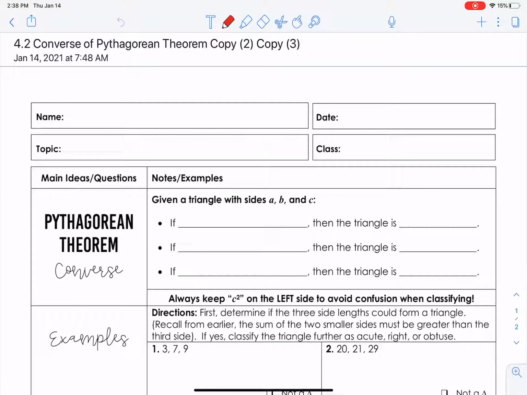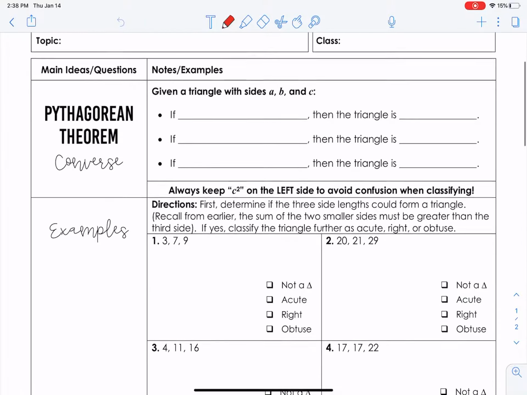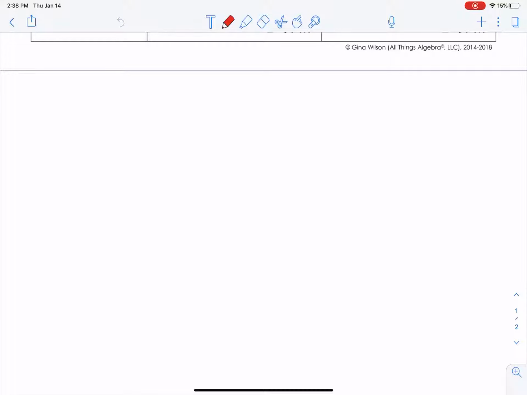This is section 4.2, the converse of the Pythagorean theorem. So let's go down to the bottom of the page and we're going to explain a little bit about what converse of the Pythagorean theorem means. So the Pythagorean theorem